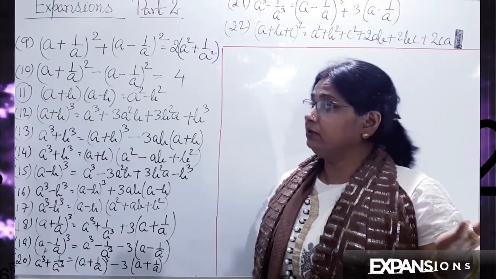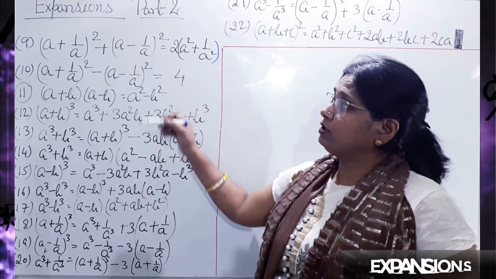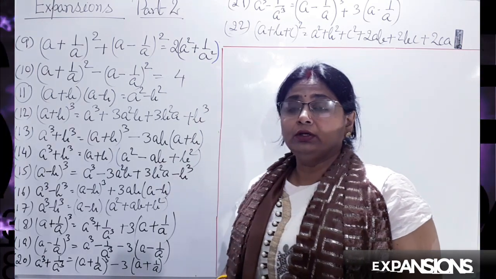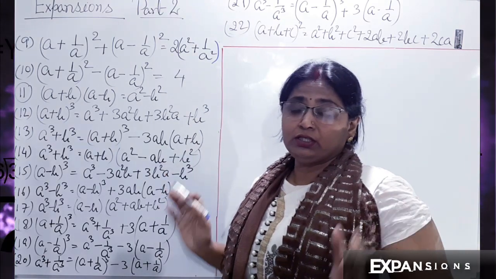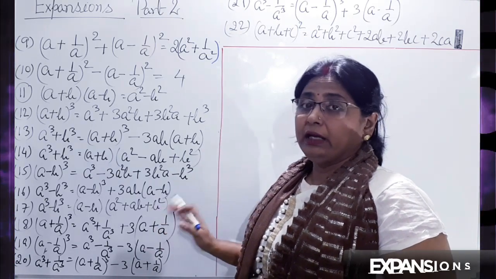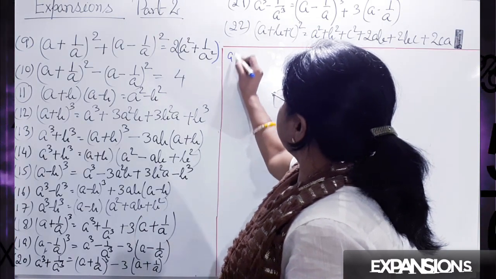I have collected 22 algebraic identities, and I had already explained 1 to 8 in my part 1. Now they are going to start from 9 to 22. These are very important for your calculation and different steps. So I hope you will understand properly and remember all this. Okay, ninth number is